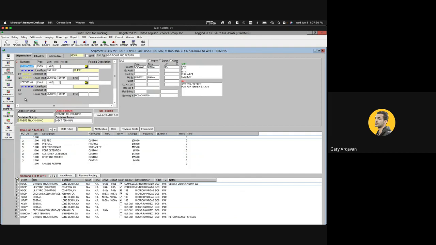We have different companies, different chassis providers. They kind of had an agreement to have a group of their chassis in one category called POP, which stands for pool of pools, that you can return those type of chassis to any